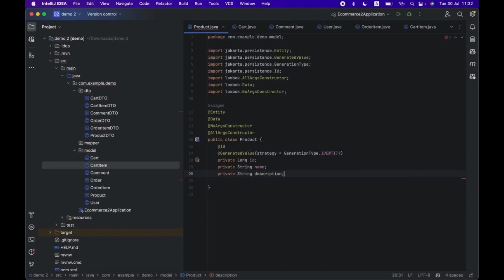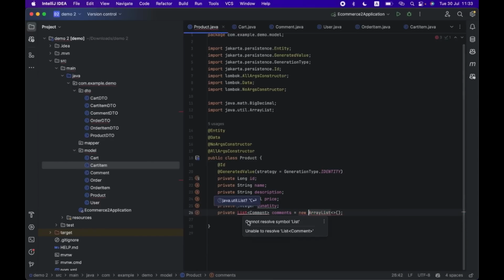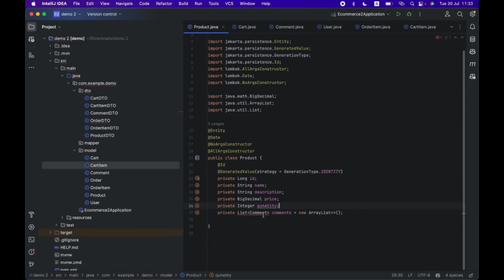I mean in JSON body. Okay. After that, we need to do everything the same as in our DTO, in our data transfer object, and the same thing, but here we write not comment DTO, but comment entity. So yeah, and we need to create a new array list. So when we create a new product, a list for its comments will be created automatically,